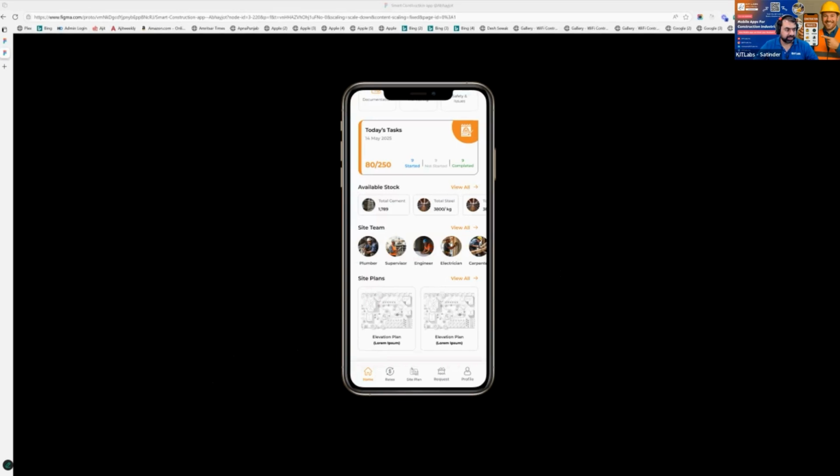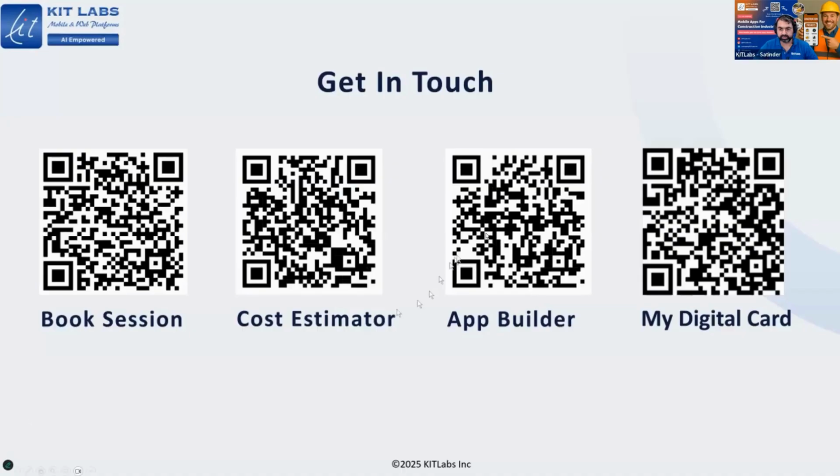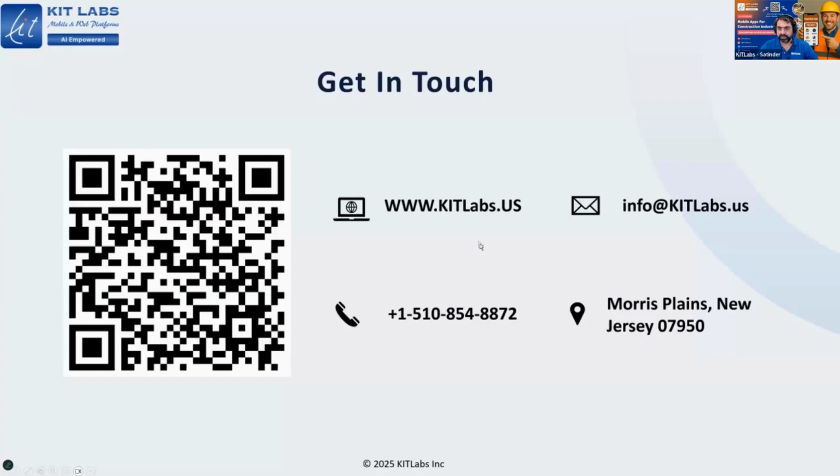Let me share the screens once again, and we will send that as a follow-up email also. So please scan this QR code. We can do a 30-minute talk with you at no cost. Understand what your business is, what your pain point actually is, where you are spending most of the time, where you are spending repetitive time on daily activities that can go into this automated system.